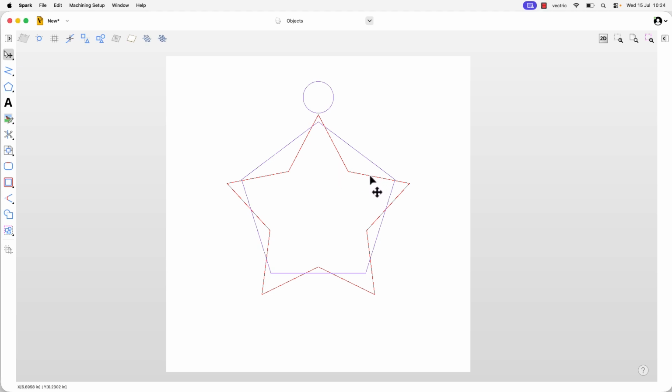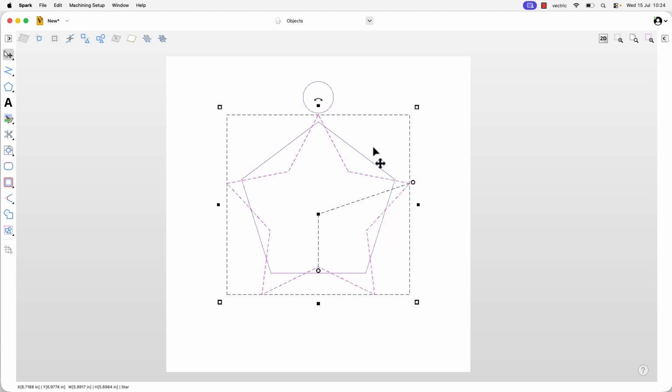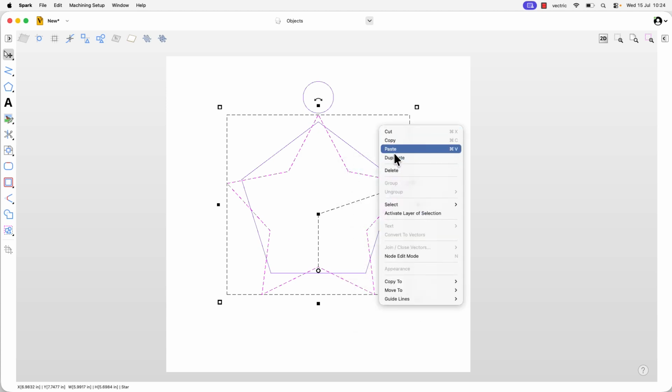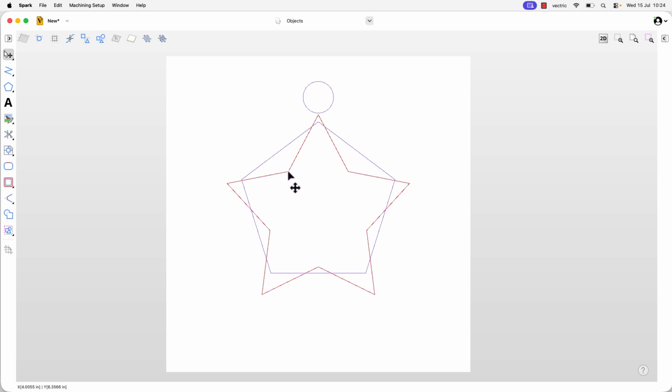Now let's talk about some important functionality regarding layers. So to do that, I'm going to start making some copies of some objects. So for example, you can see right now my active layer is the objects layer, but I'm going to make a couple of copies of the star. So if I right mouse click that, and I choose copy, and then I just paste, and I'll do another paste. It's currently pasted them on top of each other, so in the middle here,